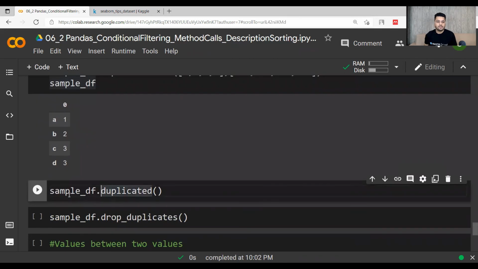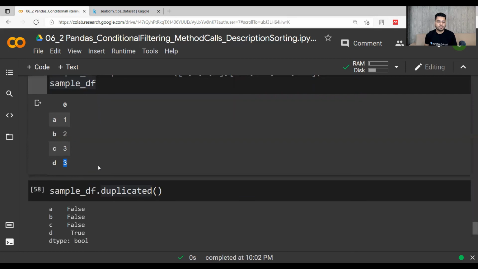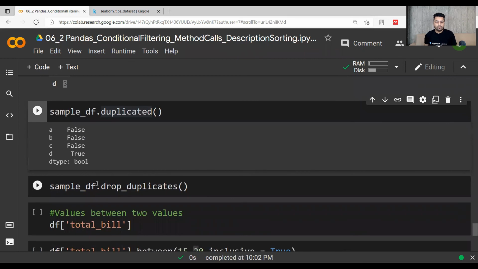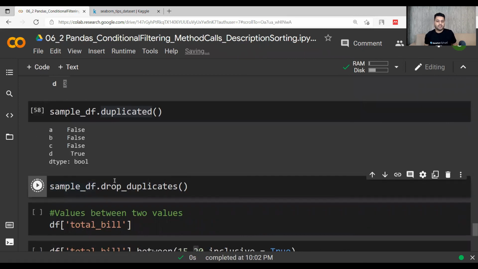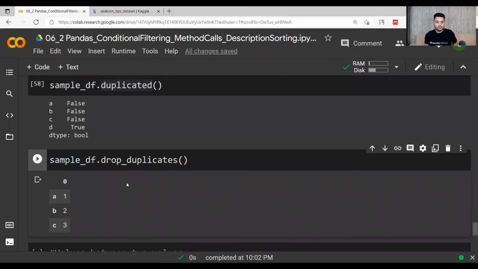If I run sample df.duplicated, it gives me false, false, false, true. Why? Because this 3 is the duplicate value, which is at the d location, so it is true here. Now, if you do drop duplicates, it will actually drop the duplicate rows in which true was there, right?